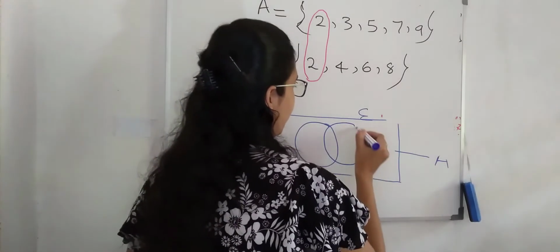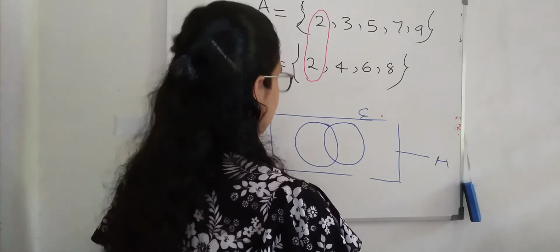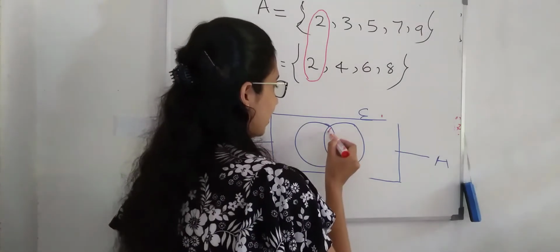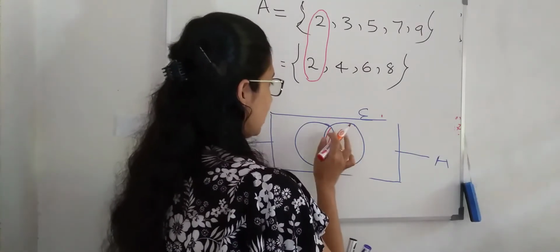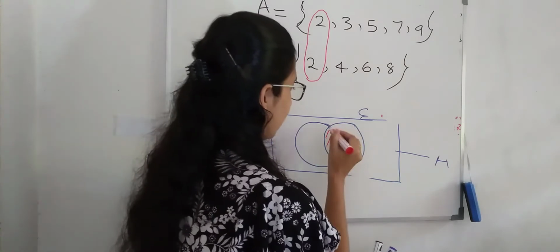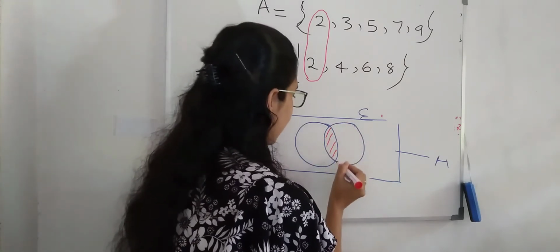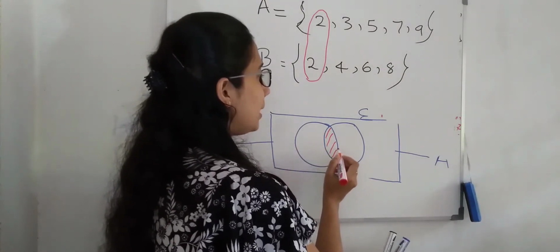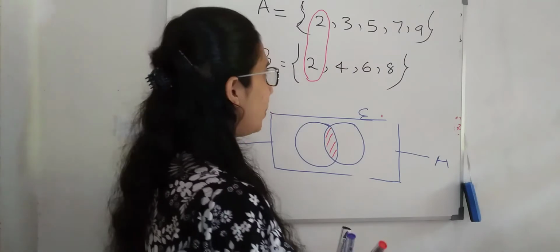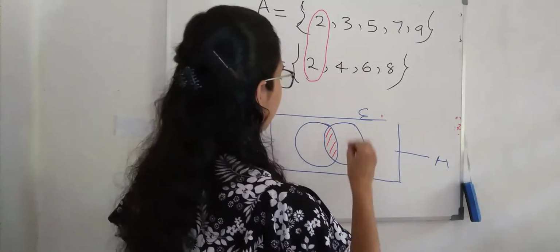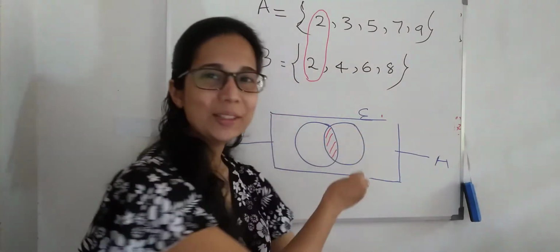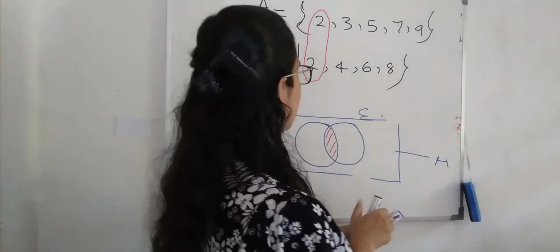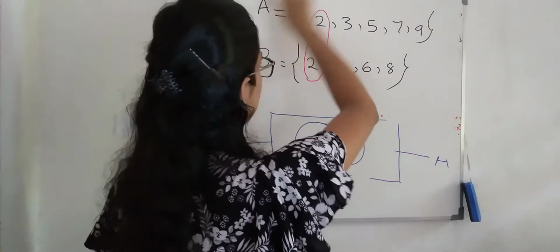Now we have to draw Venn diagrams like this. You can clearly see here, there is a common area. This area is common to the set B and this area is common to the set A as well. Because of that, we can put all the common elements into this common area. Now, what are the common elements in these both sets?